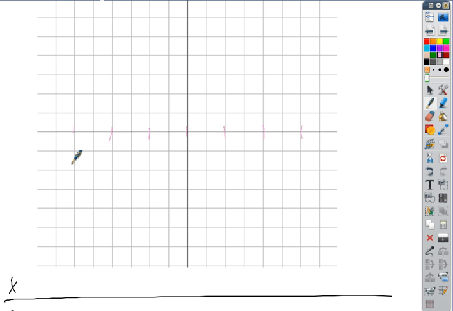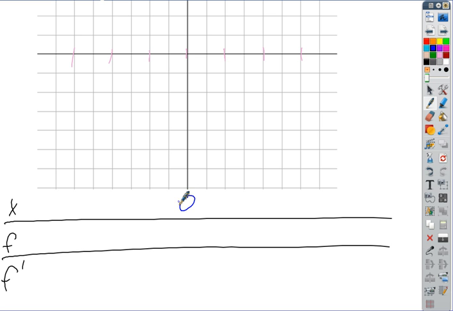At 0, we had a derivative equal to 0, and at positive 2, we had undefined, and at negative 2,